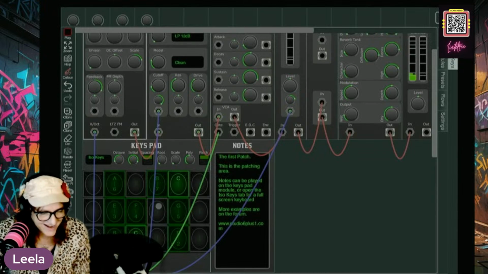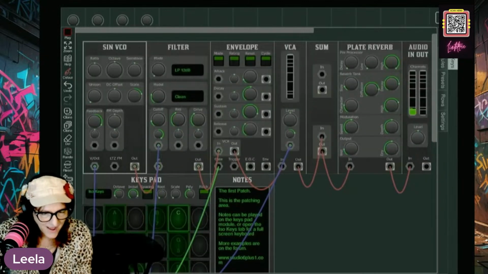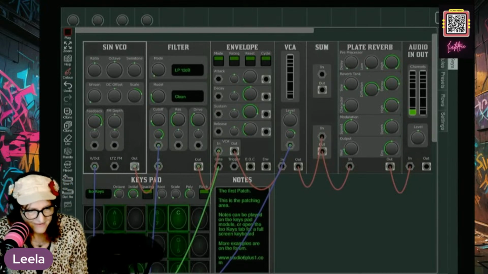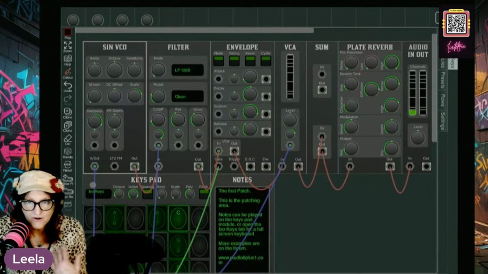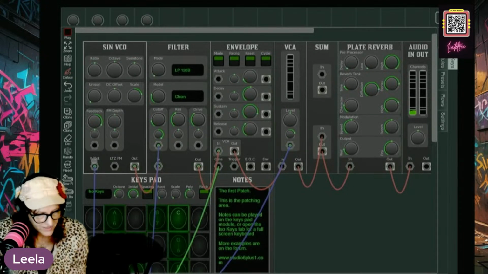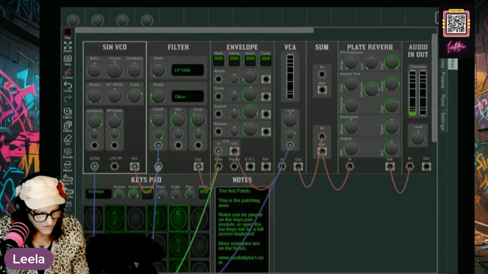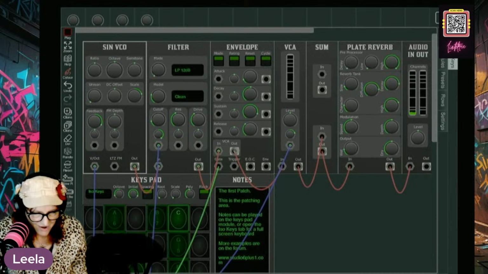This really needs a good ADSR, right? Which of course it has. And then you send the sound, so audio cable, so that was a blue or a signal, a control, it's controlling that. And then the sound comes out into the filter. And then the sound comes out of the filter into the envelope. And then the sound comes out of the envelope into the VCA.